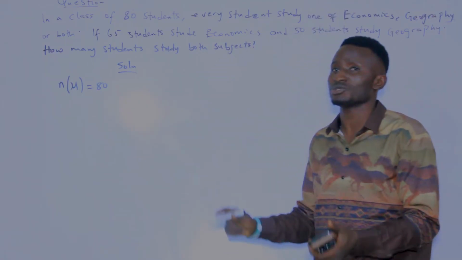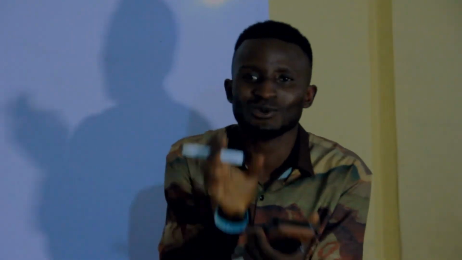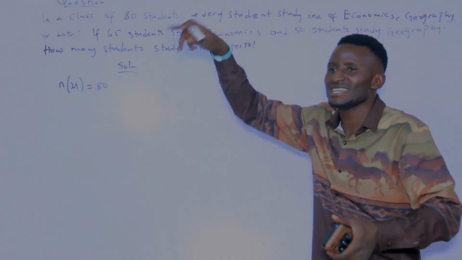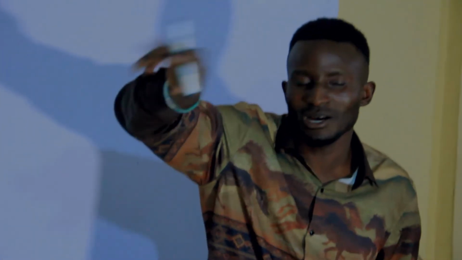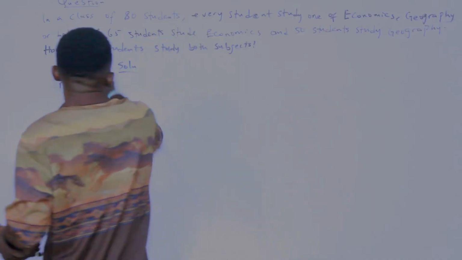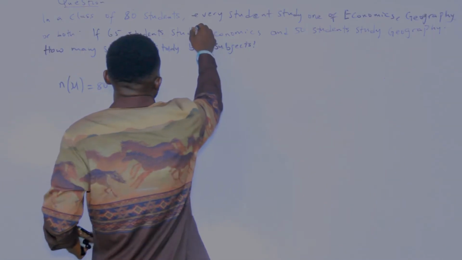Everybody participates. That is, everybody is inside the circle. There's nobody that did not participate. Don't forget, those that did not participate will be outside the circle. So here, we don't have anybody that did not participate. Now say, if 65 students study